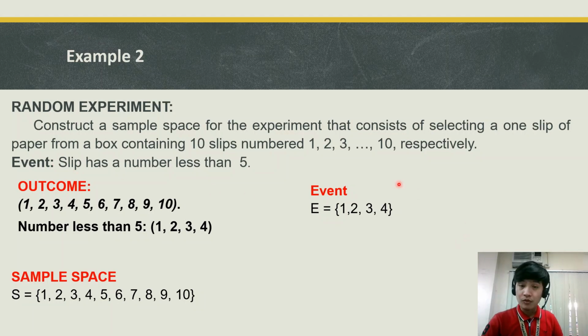So, ito po yun. Ito yung mga possible outcomes kapag yung event is a sleep. Makakakuha tayo ng event o ng isang paper, a slip of paper na less than 5. So, ito po yung mga possible outcomes niya. Pwedeng 1, 2, 3, 4. Okay? So, yan po yung outcomes, sample space, and the event, for example, number